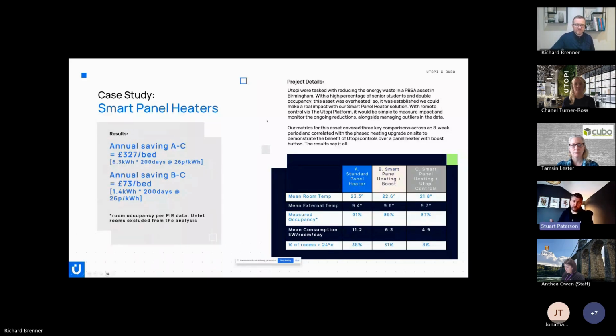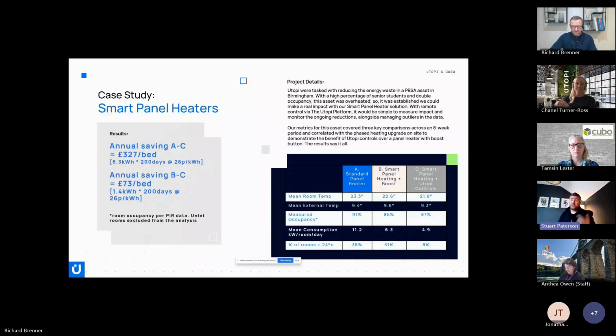And one of the key things that we're able to do with that technology, because we can identify occupancy levels through the Utopi multi-sensor, is if there's no motion in a space for a certain period of time, the technology will just turn the heating down and keep it at a comfortable level, and make sure that we reduce energy consumption. And then again, I guess ultimately what we get out of that is kind of marginal gains.